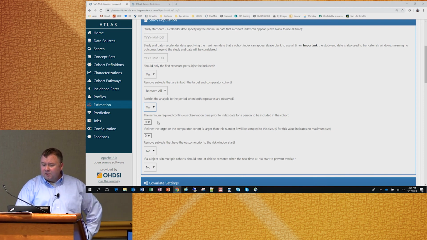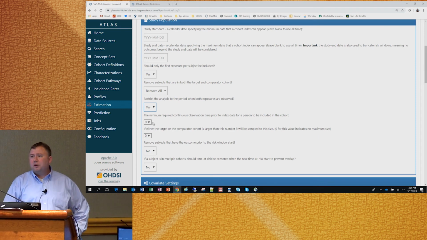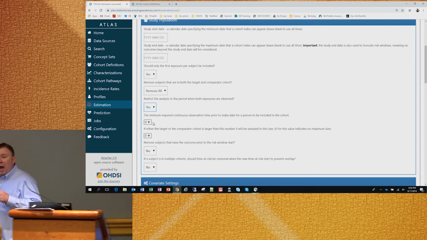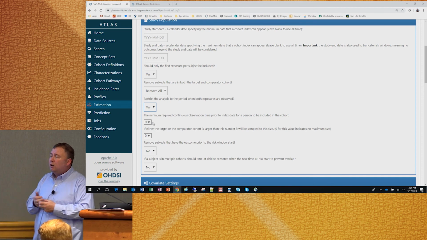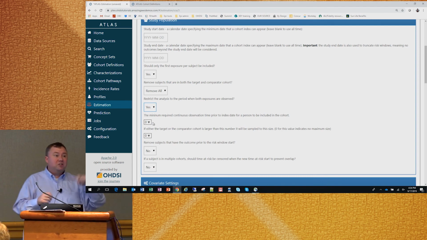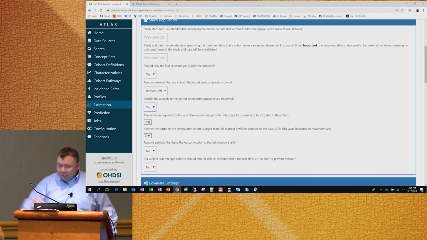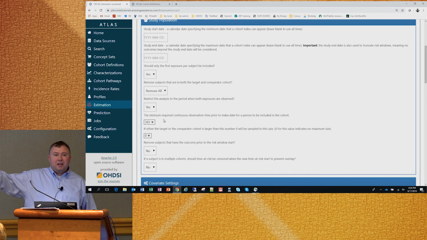So then we need to ask the question, well, what's the minimum required continuous observation time prior to the index date for a person to be included in the cohort? This is how much medical history do we need in a person's record prior to their entry to either T or C. And on our picture, we actually said that this was 365,